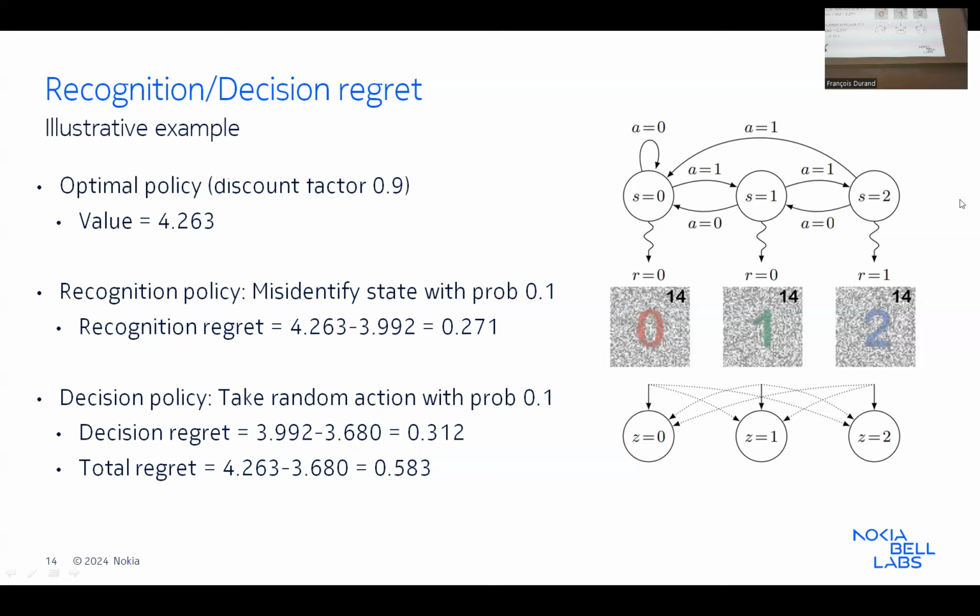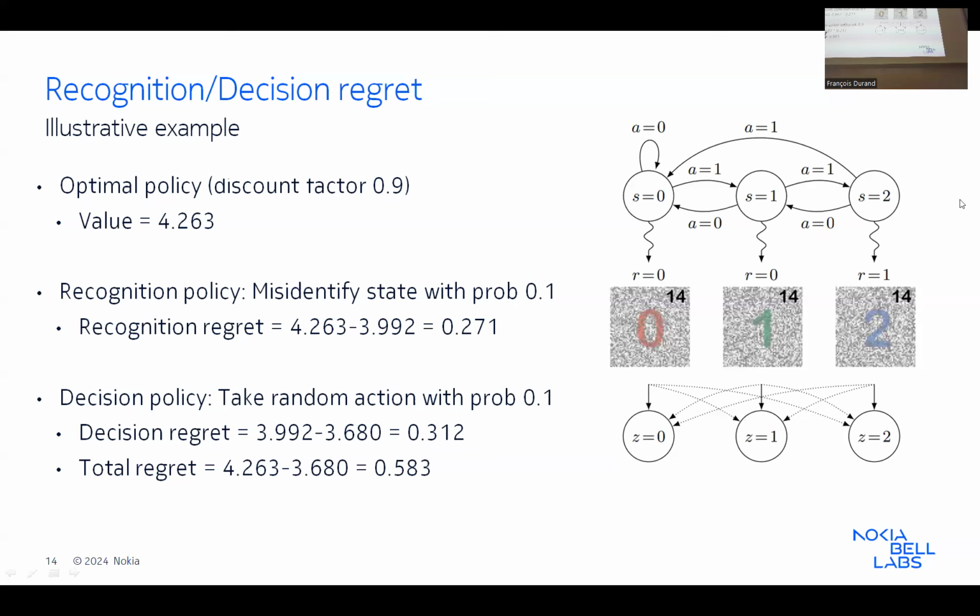So I probably should have told you what the optimum policy here is. We always want to go to state 2 as much as possible. So if you're in state 2, you want to take action 0 to get to state 1, so we can get back to state 2 as quickly as possible. If you're in state 0 or 1, you want to take action 1 to get to the right as quickly as possible. But let's suppose we take a random action with probability 0.1, then we'll only get